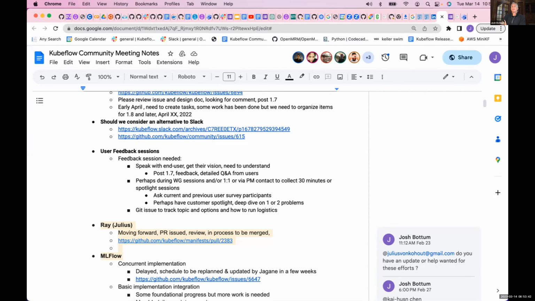There was a comment that we need an alternative to Slack. Slack messages apparently are disappearing in free Slack. I guess if we move over to the CNCF, we get a different Slack version and Slack messages are kept longer. But we have this open issue here about what do we do about Slack in the meantime, because people are losing, I guess, 90-day-old Slack messages. Is that right?